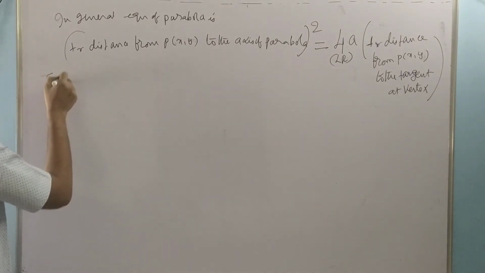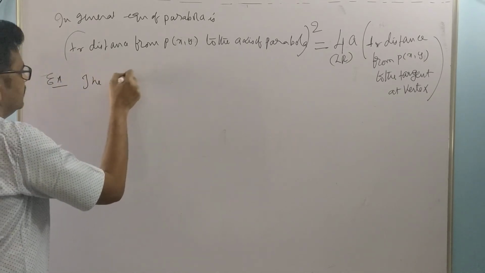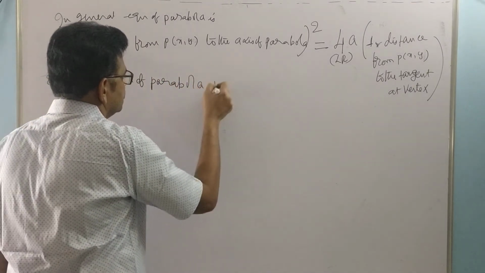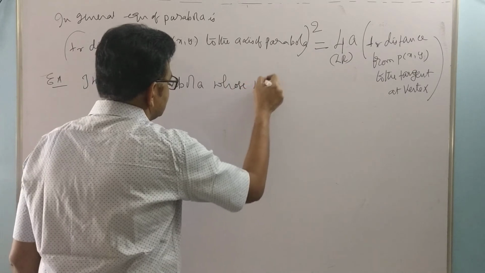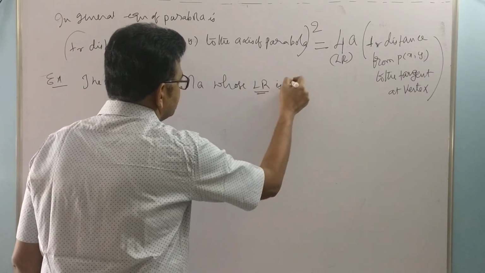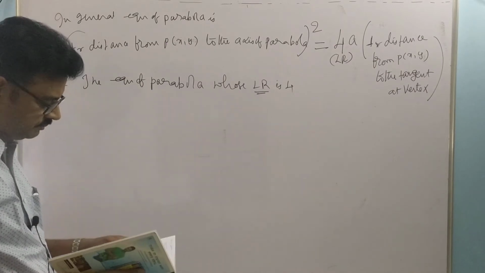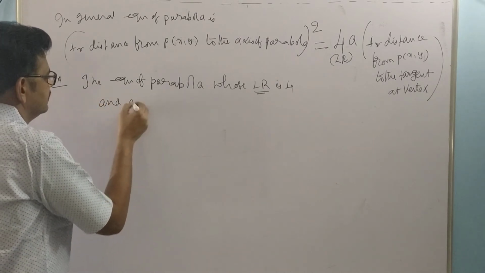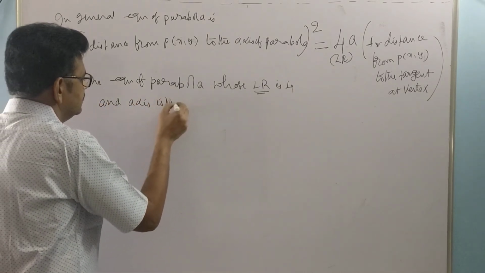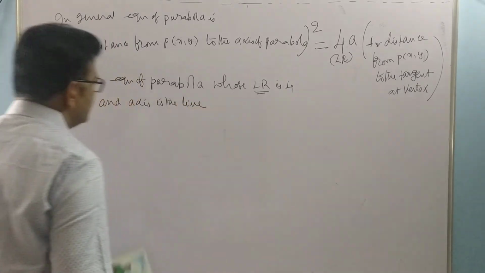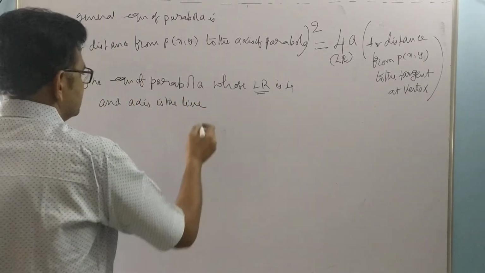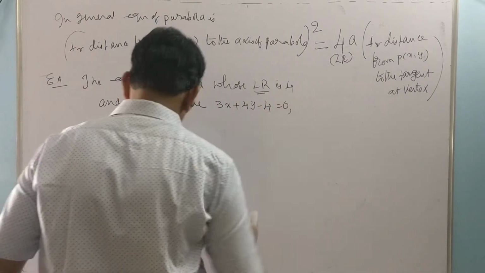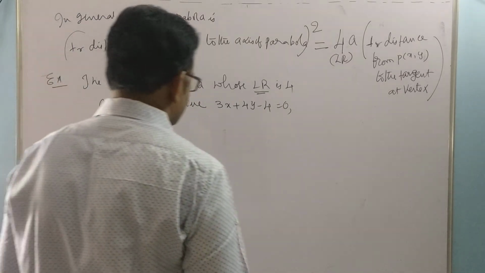Based on this, we have an example. The equation of parabola whose latus rectum is 4, and axis is the line, that means equation of axis 3x plus 4y minus 4 equal to 0,